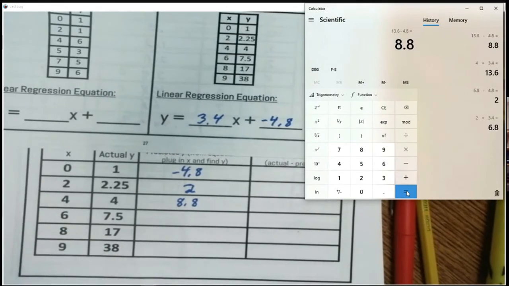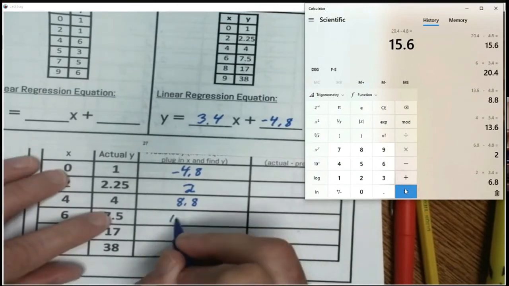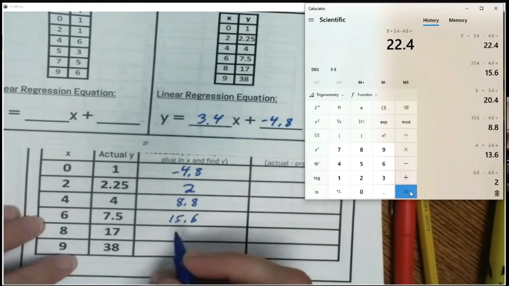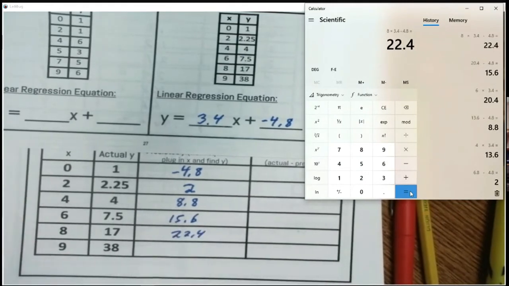When it's 6 times 3.4 minus 4.8, 15.6. Now when it's 8 times 3.4 minus 4.8 is 22.4. And when it's 9 times 3.4 minus 4.8,